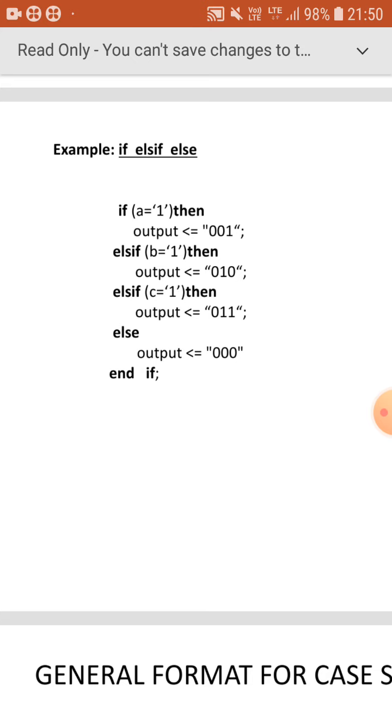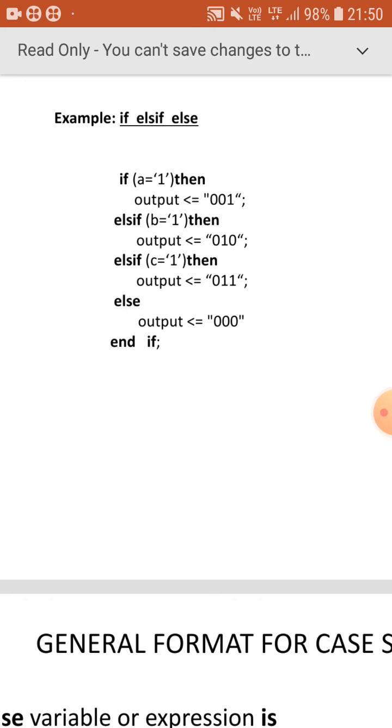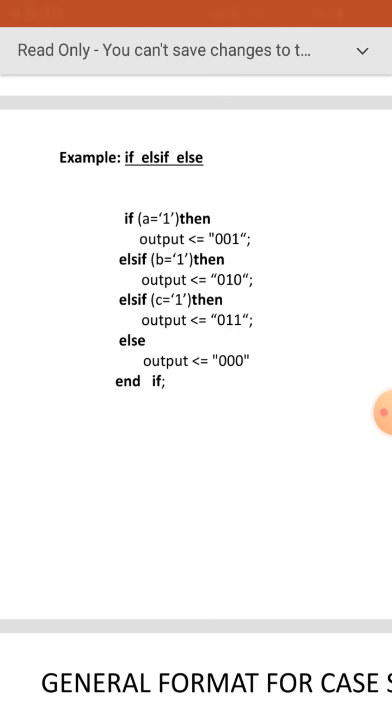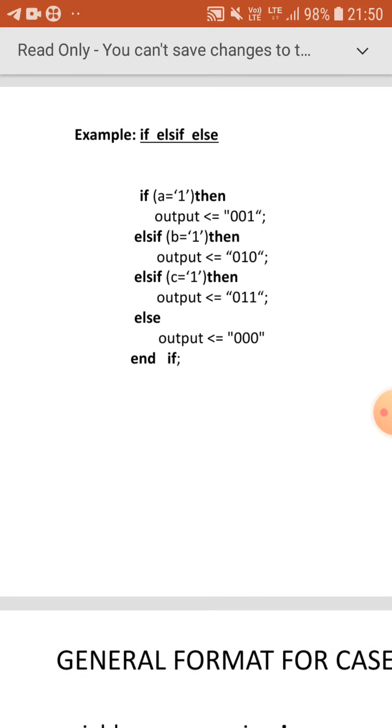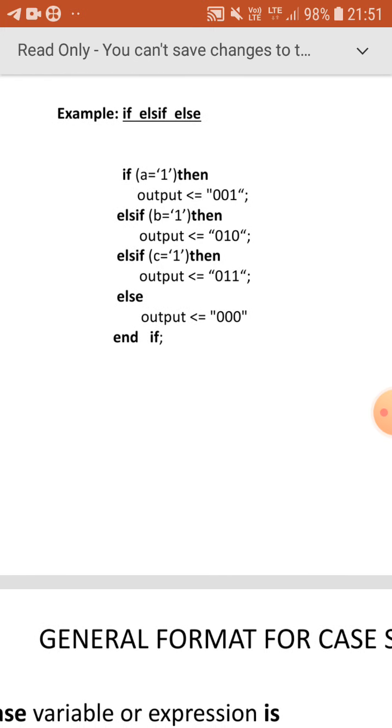First, if a is equal to 1, then 1, 0, 0, 1 is assigned to output. If a is equal to 0, which means the condition is false, then it goes to else if. Now it checks b is equal to 1. If b is equal to 1, 0, 1, 0 is assigned to output. If b is not equal to 1, that means